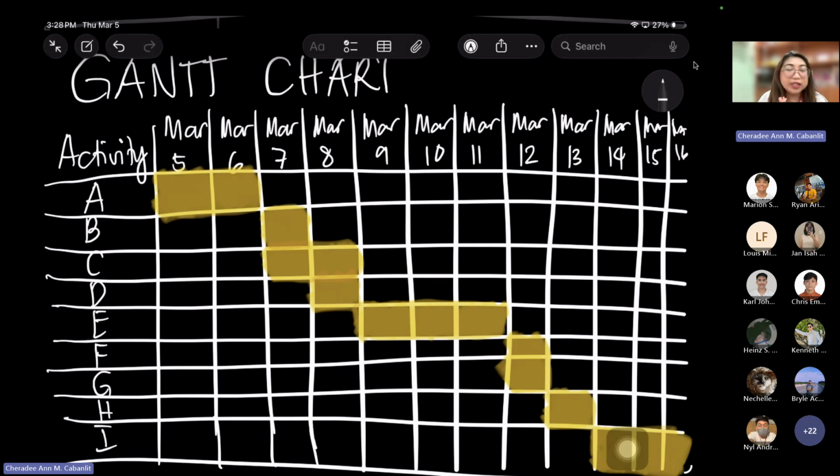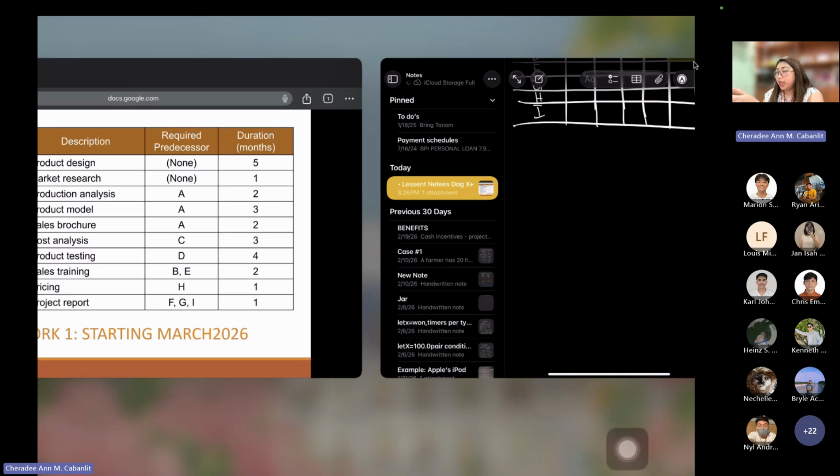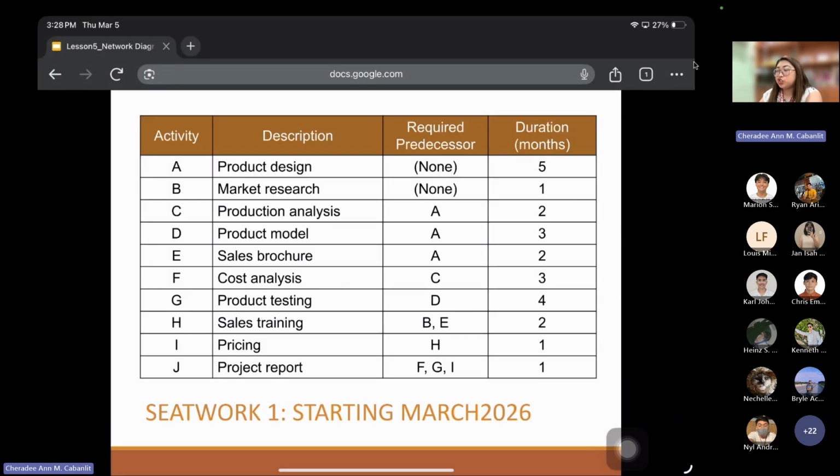Next is kamo na pod. Answer this problem. So I will be screenshotting or sending the screenshot of this in the chat box. Kindly make the network diagram, the critical path method, identify the paths and which one is the critical, then create the Gantt chart starting with March 2026 as your first month in the Gantt chart.